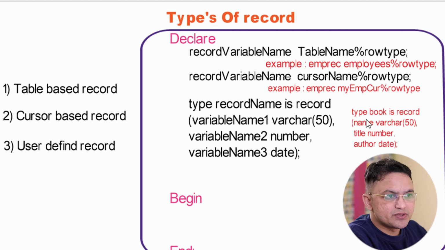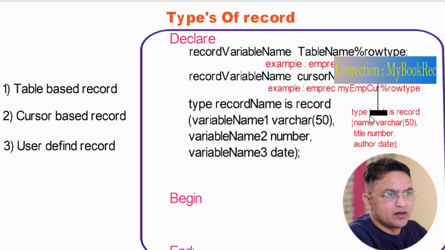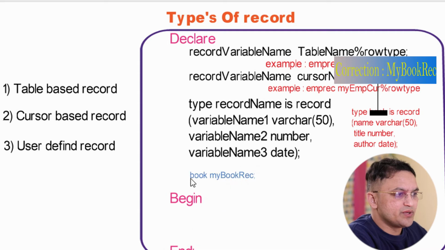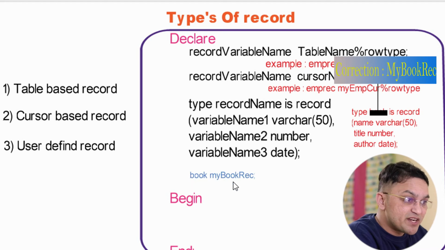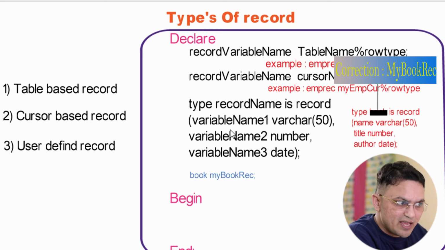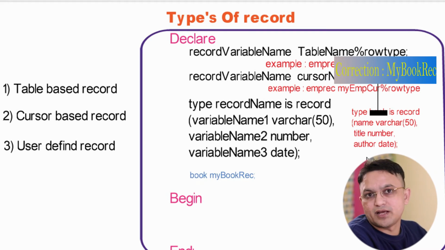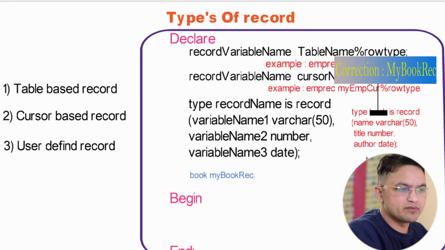For example, you can see over here type book is record. This is one of the examples, type book is record. Then you can give it like this, and after that you need to give the book, and then over here you can use it. So this is my variable name, this is my type, and I have first declared the type over here. After that I have declared the variable. So this is my variable and this is my type. Of what type? This one. Now if I want to access this variable, then I need to give book dot whatever variable name I have used. In a moment we are going to use this.